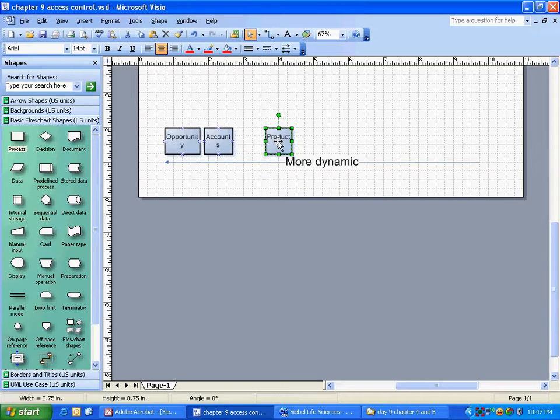Contacts can call for every account. So is it more dynamic than account or less dynamic than account? More dynamic. And what about opportunity? Less.